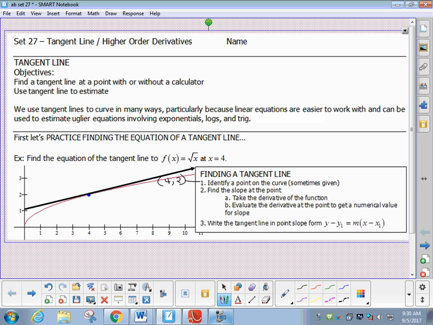The point I'm drawing the tangent line at is 4, 2. Now that's a common point. It's on both the curve and the tangent line. All right. Now to find the slope, we know that the slope of the tangent is found by taking the